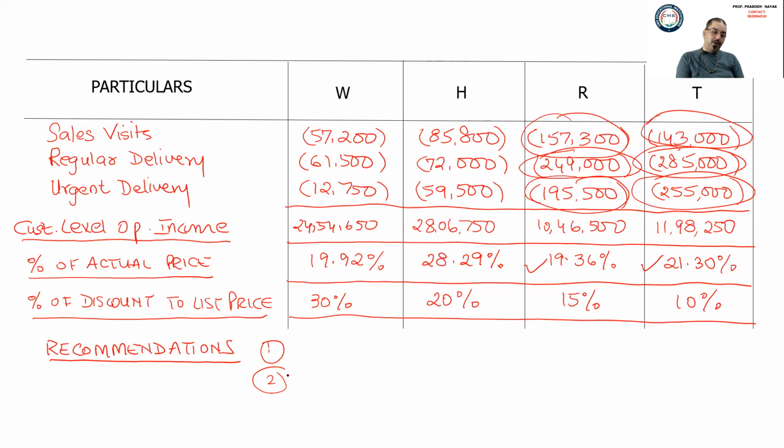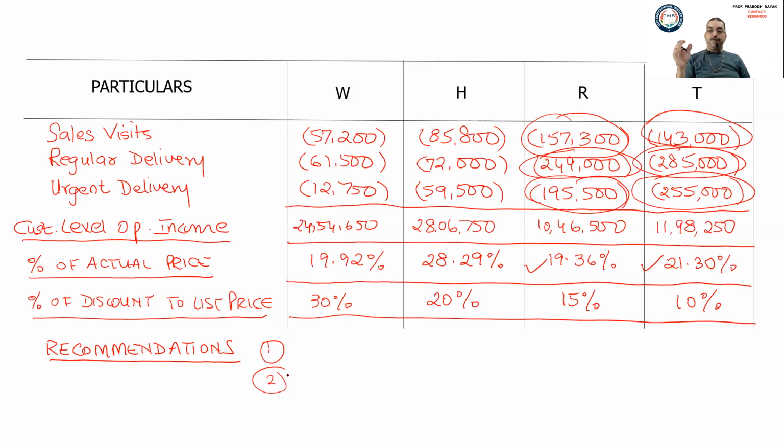Without affecting their turnover. Okay, so these are the two answers for the first two parts. Now what they are saying is, assume that the company's distribution channel costs are 17,50,000 for the wholesale customers and 10,50,000